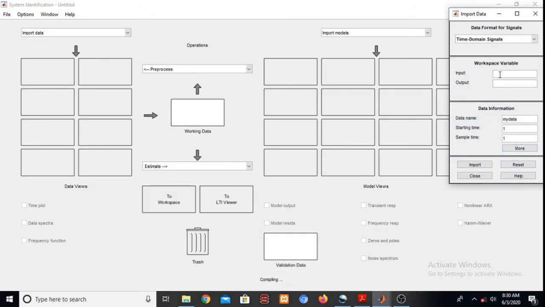So our input variable in the workspace is input, which we have seen, and output is output. Okay, and our sampling time is 0.1 seconds. Okay, and now we'll start importing the data.